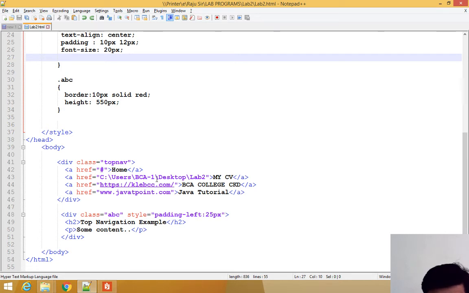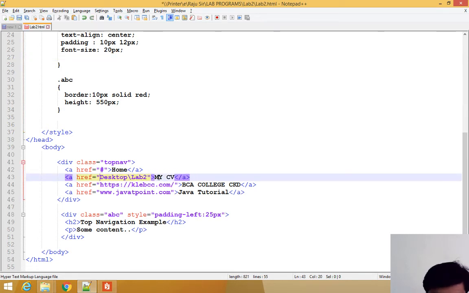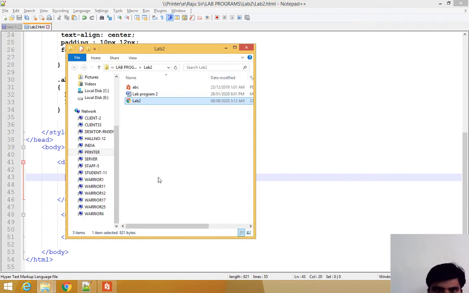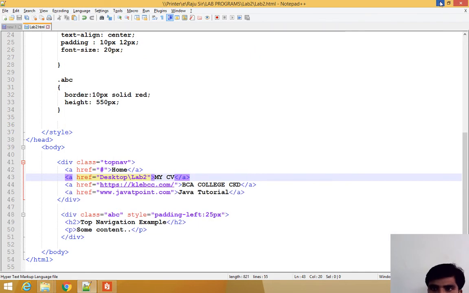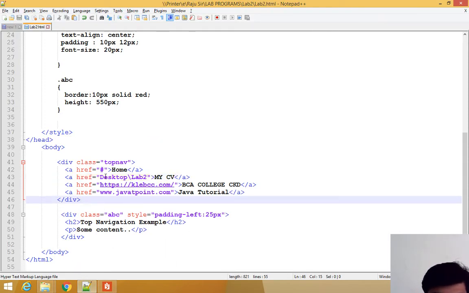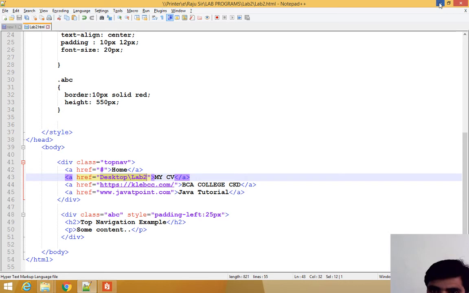Lab to desktop, property. Just one thing: if you want to click my CV, what you have to do is, first, href, hyperlinks, hyperreference link, just copy the link of that file.